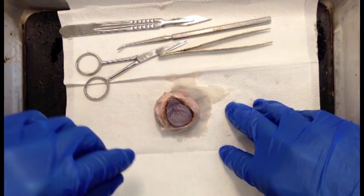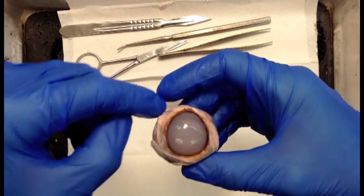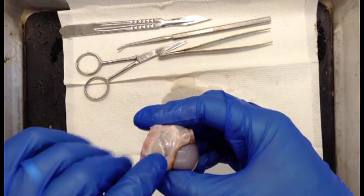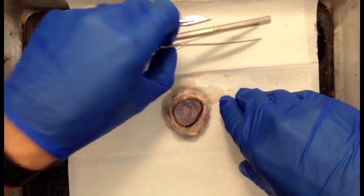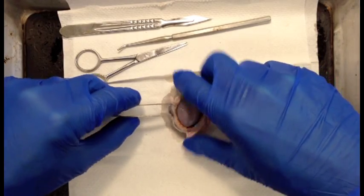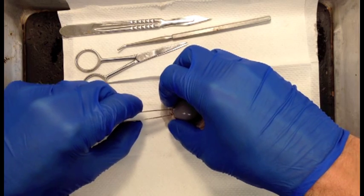What we're going to do is cut a frontal section. So we're going to cut all the way around just behind the cornea, so you end up with an anterior portion and a posterior portion. Okay? And it's again right behind the cornea is where we're going to make this cut. So to do this in a controlled way, so we don't put the eye under pressure, if you take your forceps and you try to grab a little bit of the sclera with the forceps